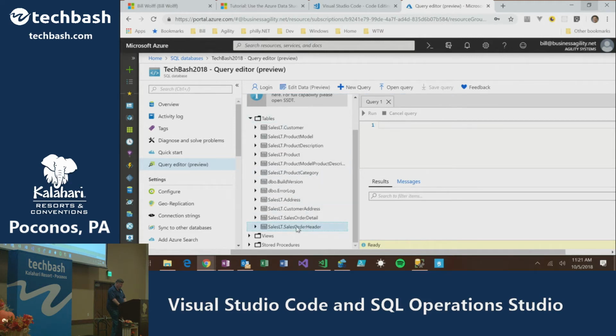So I could take orders, and unfortunately you have to select star from SalesLT dot. This is not very friendly. It doesn't have the IntelliSense. But let's see if that works. Whoops.